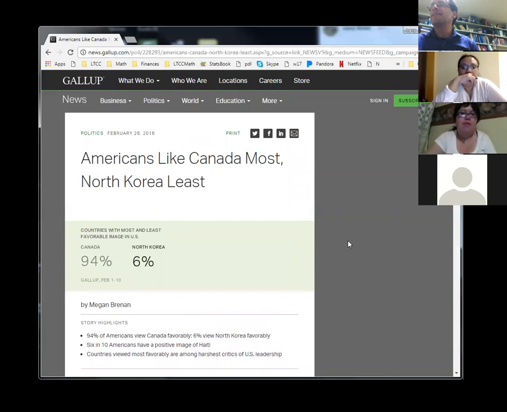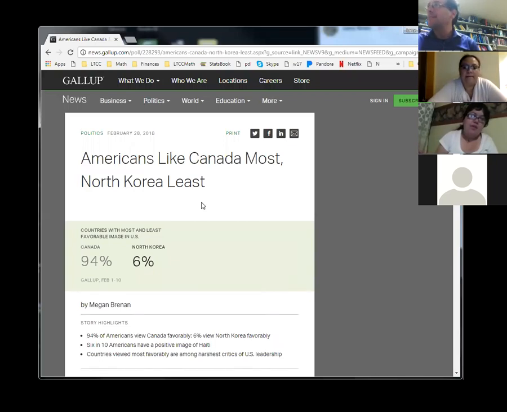Okay, so this is an article. I like Gallup because it gives you the numbers, which is always good. Americans like Canada most. North Korea least. Do they know that Americans like Canada most? What do you think? No, they can't know about all Americans, but maybe they have evidence to show that they like Canada the most. And in particular, what my question was is, do you think there's a difference between Canada